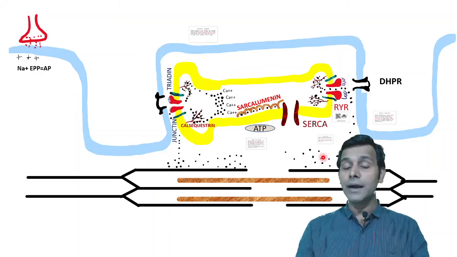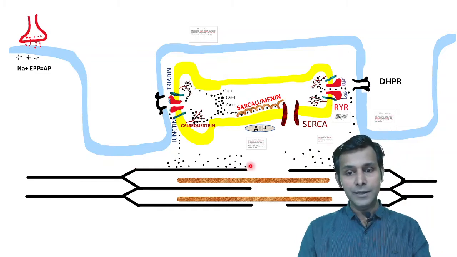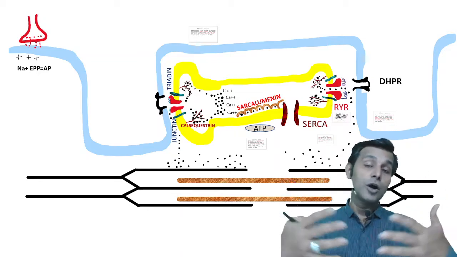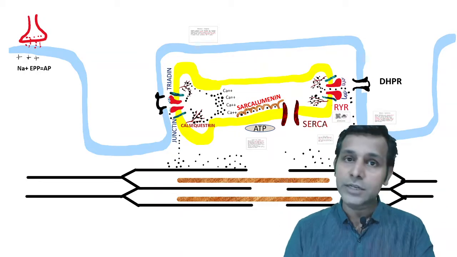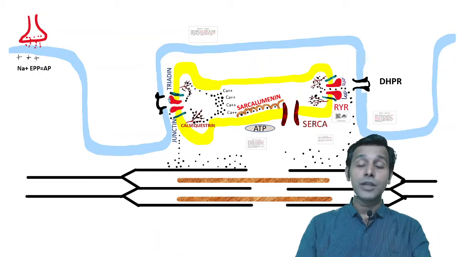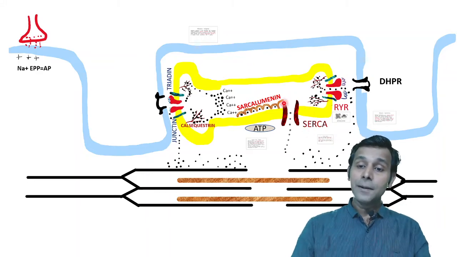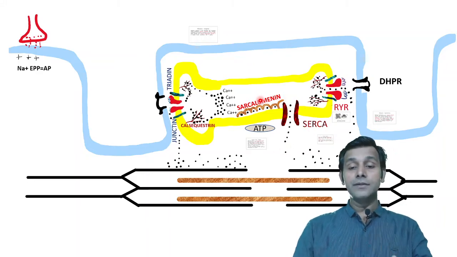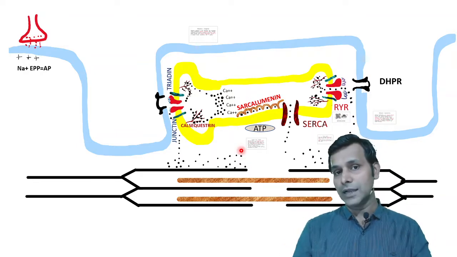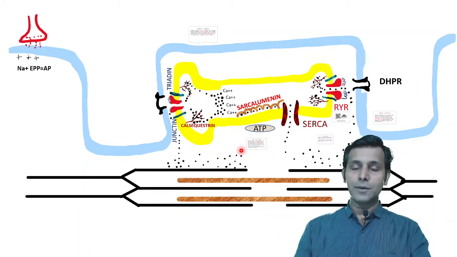Once calcium is released into the myoplasm, or cytoplasm, these calcium ions bind onto the actin filament. Binding of calcium ions onto the actin filament causes the actin myosin complex to form, and hence brings about the contraction of the sarcomere. Once the contraction is done and it wants to relax, the SERCA starts working. The SERCA takes calcium back into the L tubule, the cytoplasmic calcium load decreases, the actin myosin complex breaks and the muscle relaxes. So this is the whole event of excitation contraction coupling.